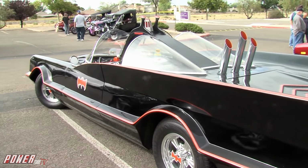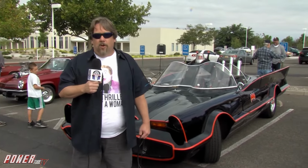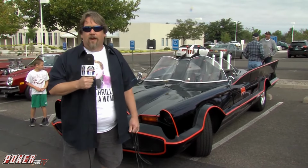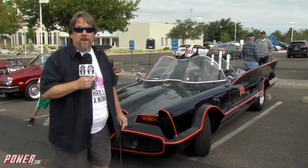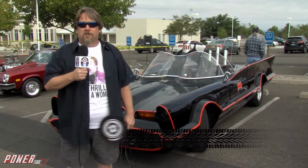I've had this car for 13 years now. I got it from a person in Canada who rebuilt it for us and got it to where we could take it from there with our minuscule knowledge of bat scopes and bat this and bat that. I spent 13 years rebuilding it,